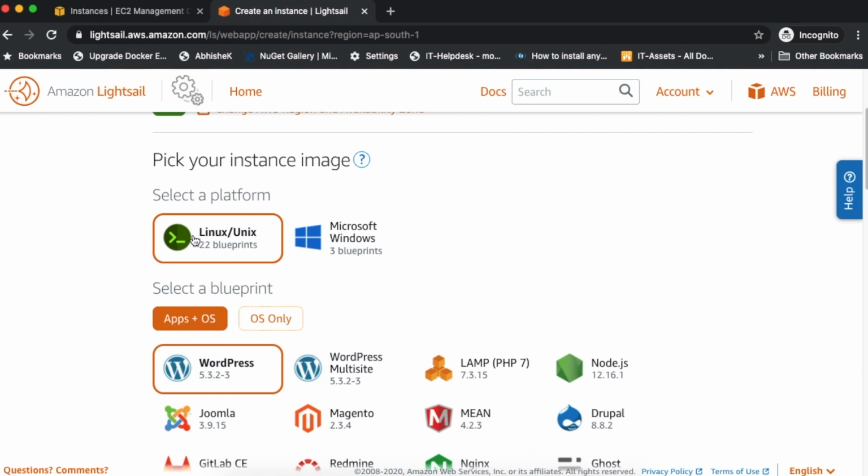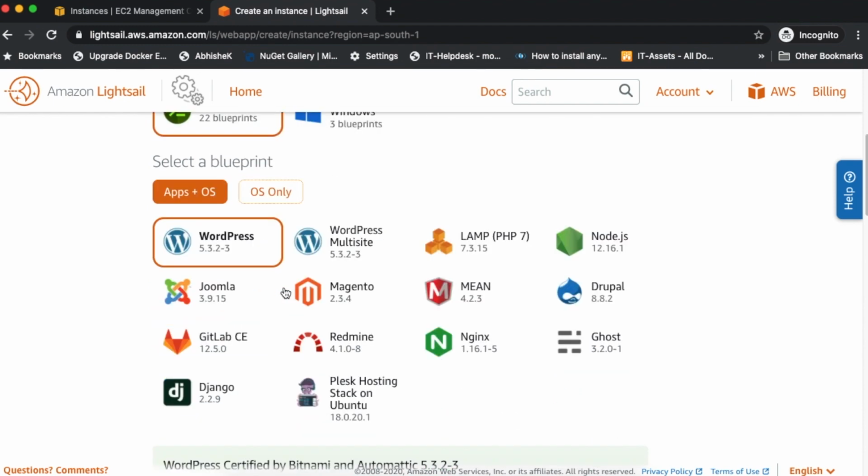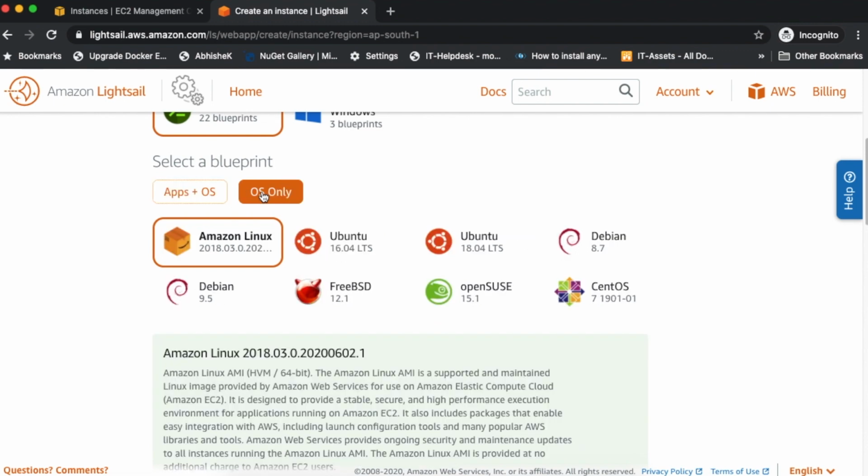Let's suppose I'm selecting Linux. There are predefined templates in AWS that you can select, like WordPress, LAMP, Node.js, Joomla, etc. If you require only the OS part, you can choose that from here also.